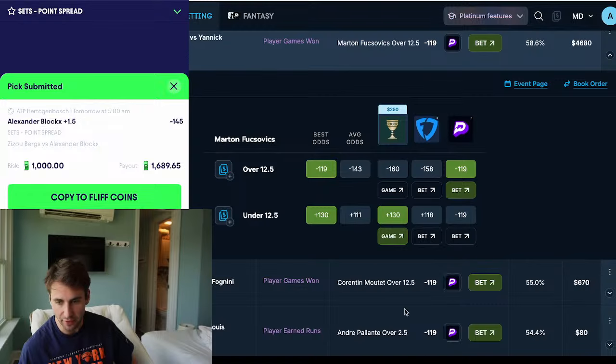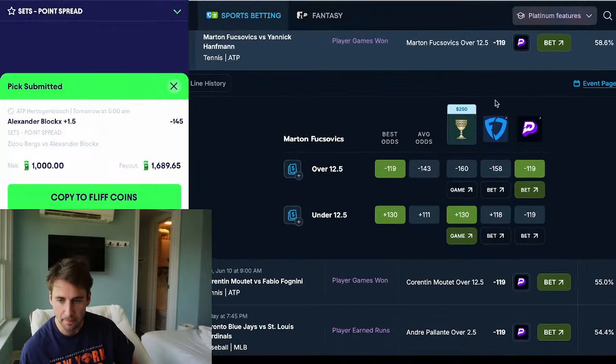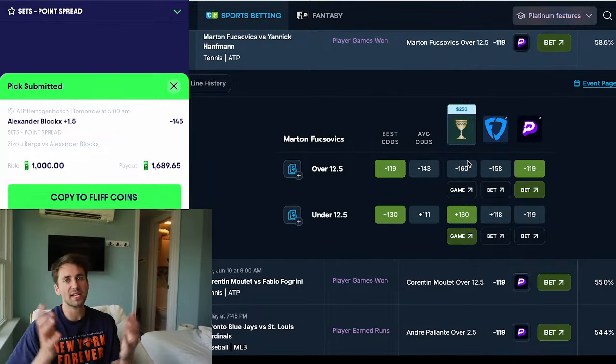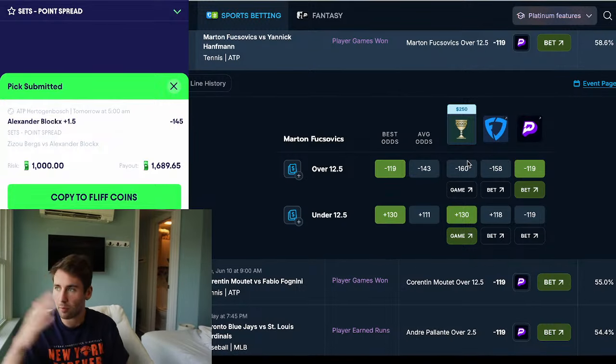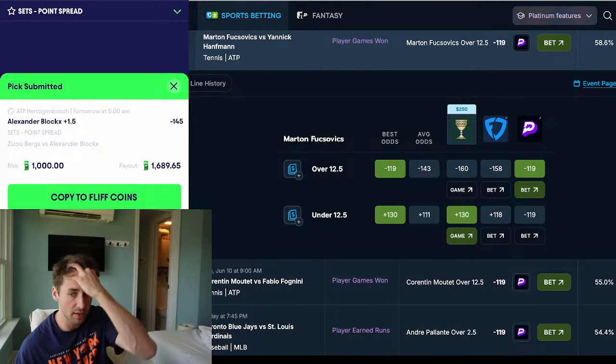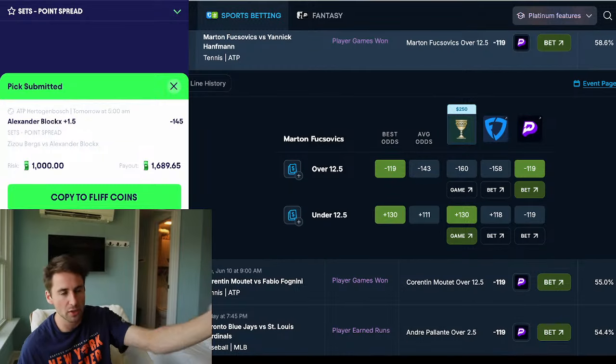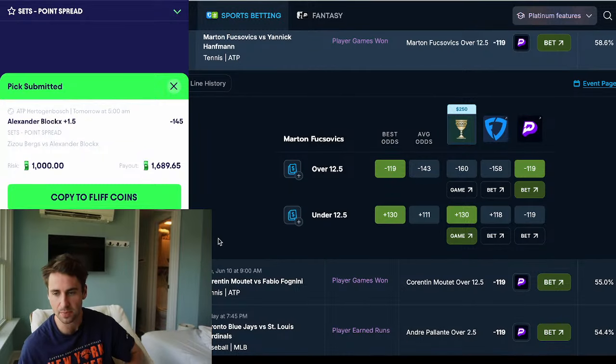Just pair them together. I mean, this is the same play as Underdog, but look at this. Martin Fuckovich. What a great last name. Look at this line, dude. I mean, granted, you have less data points. It's not like an NBA game where you have hundreds of books setting lines. But I mean, he's a minus 160 favorite, so a very big favorite, like 63% implied win probability. Minus 200, 2-1 betting favorite, 66% to win. So this isn't minus 200, but